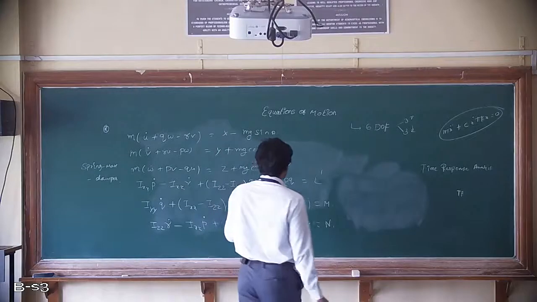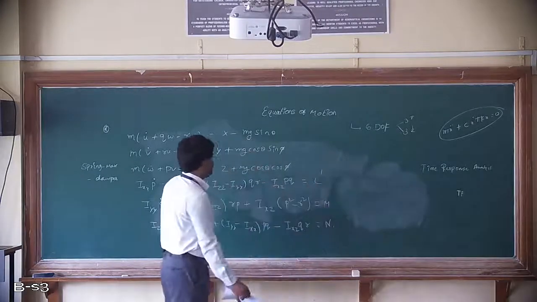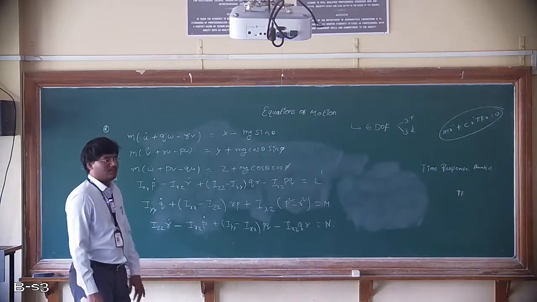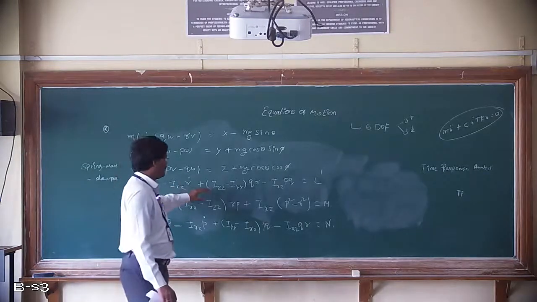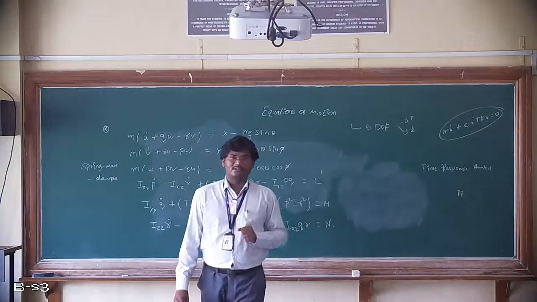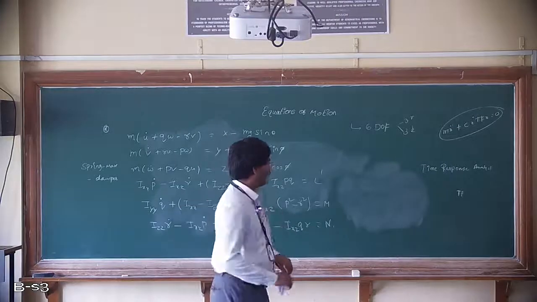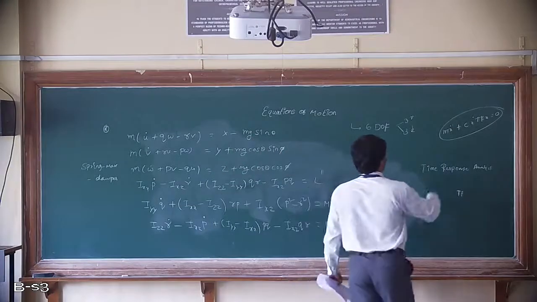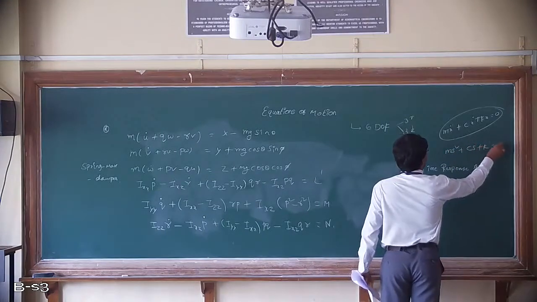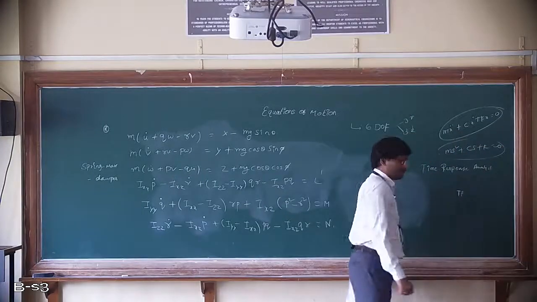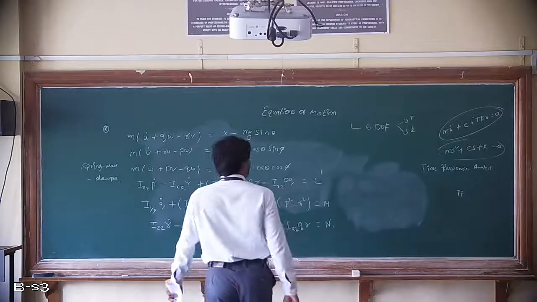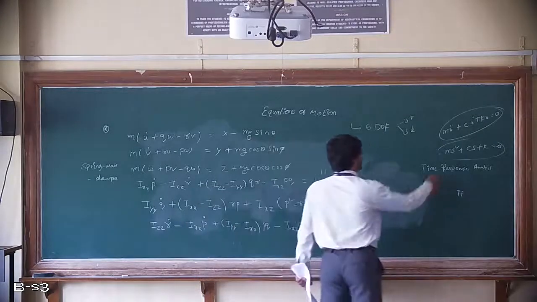Like that, if you take an aircraft, we have 6 degrees of freedom, and these are the equations. Again, if you apply these linearization techniques, finally you will definitely get characteristic equations. Already remember, if you do this, you will get the characteristic equation like this: m s square plus c s plus k is equal to 0. You will definitely get second order characteristic equations.